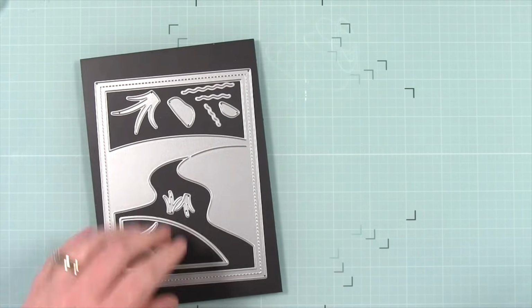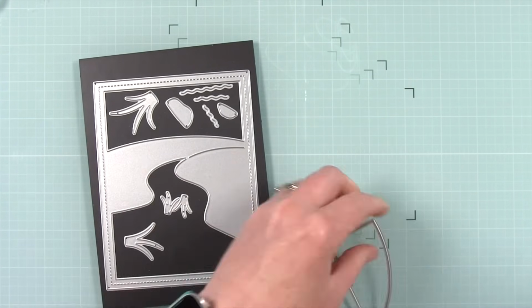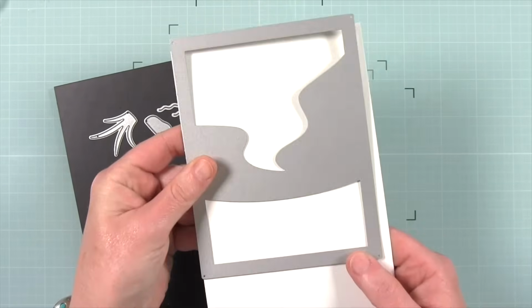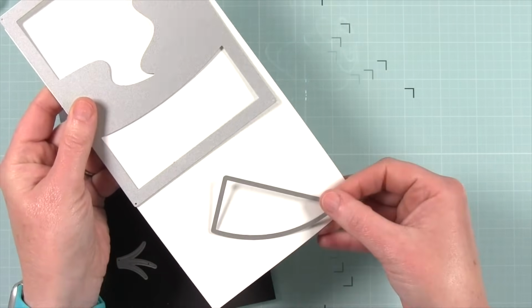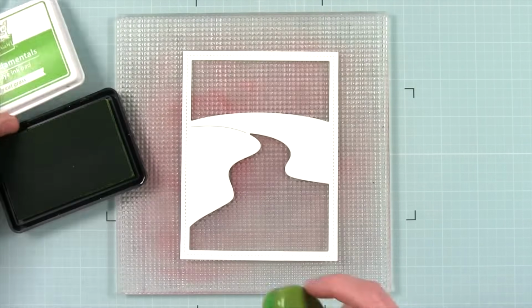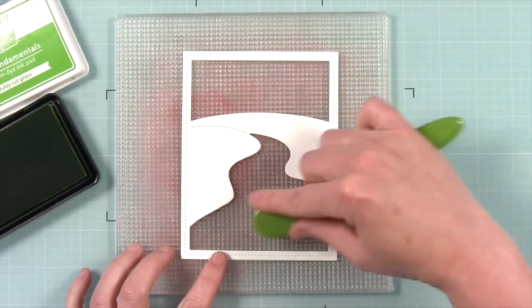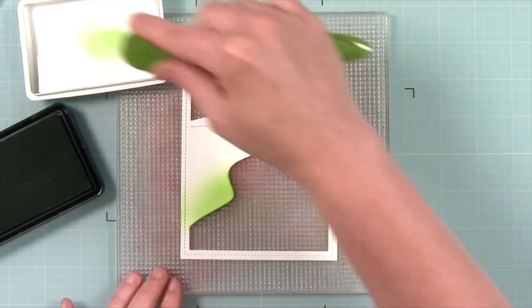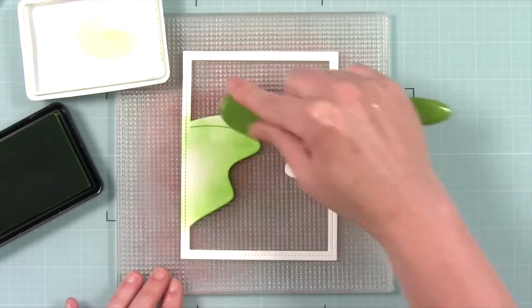And I'm actually going to cut this whole thing from white paper. So I'm going to cut the main backdrop from white paper as well as that little hill that's going to go in the front. And I am going to do some ink blending to make this scene come to life. So I have a grip mat here that I have just stuck that piece of paper down to so it